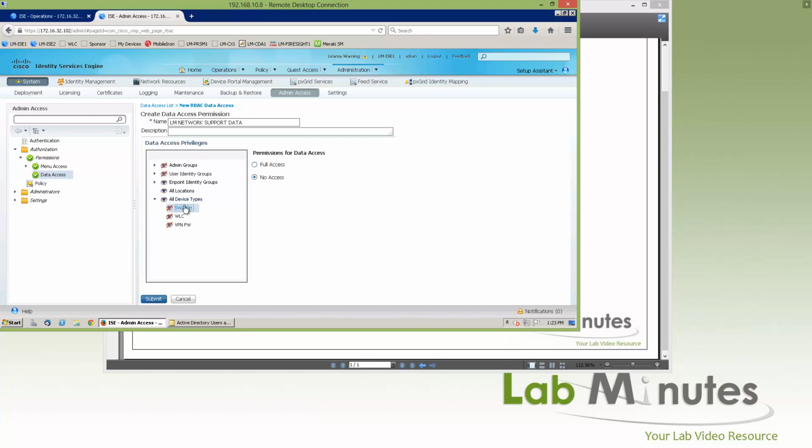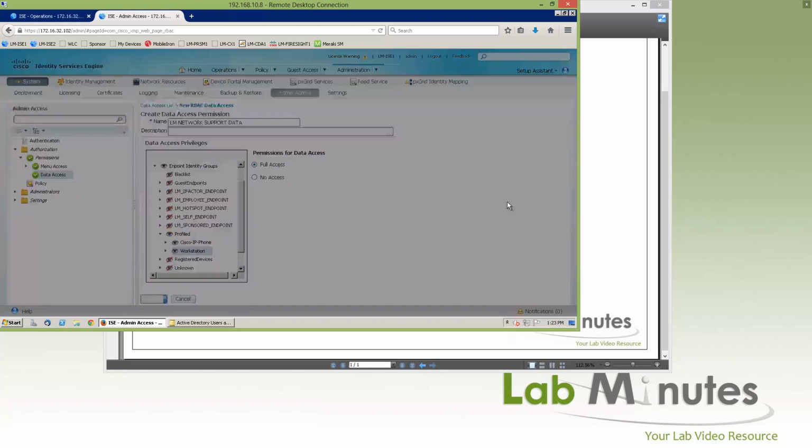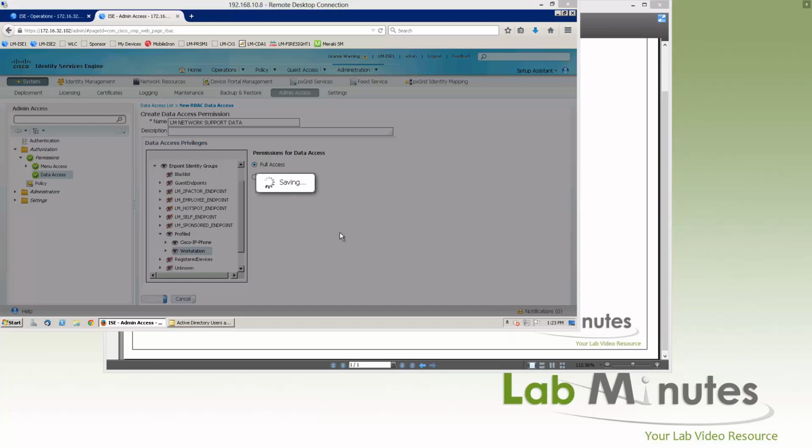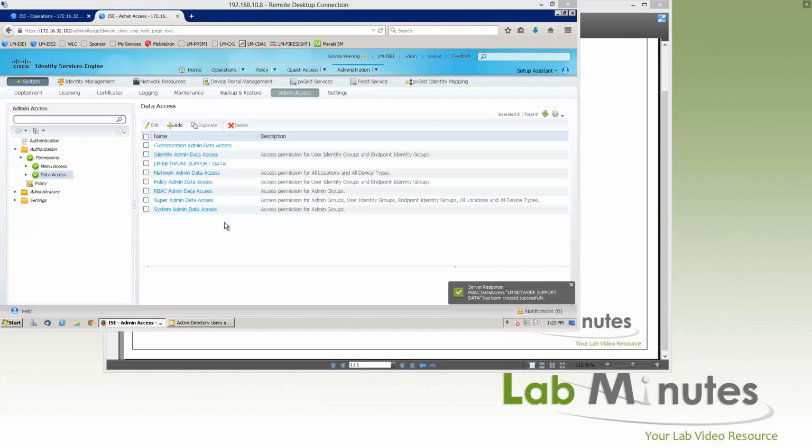Right, and then you can get a little bit more granular as per device type. So let's say we want to show all of them: switch, controller, firewall. Same thing with endpoint identity group. Let's say we only want to show the profile one. Click submit. Next, we need to tie the group membership to the privileges for both menu and data access, and